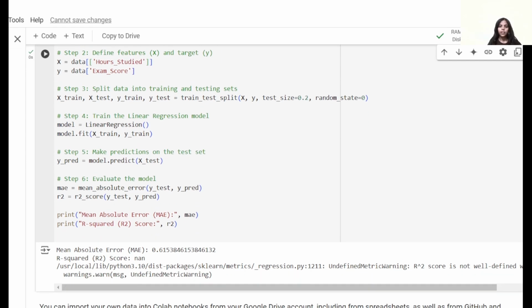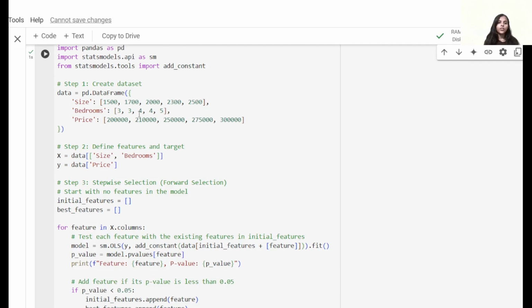data set. Now we will see how to demonstrate stepwise regression using Python. So here we have imported some libraries which are pandas, statsmodels, statsmodels.api. Now here we have created a data set. Data is equal to pd.DataFrame, which converts our data into table form. Here there is a size, a bedroom and a price. So we have created three columns with size, bedroom and price. So this is the size in square feet, this is the number of bedrooms, and this is the price for that